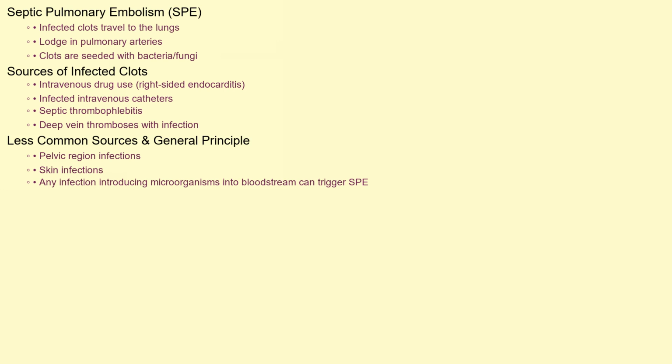Common sources of these infected clots include intravenous drug use leading to right-sided endocarditis, infected intravenous catheters, septic thrombophlebitis, inflammation of a vein due to a blood clot with infection, and deep vein thrombosis complicated by infection. In rare cases, it can stem from infections in the pelvic region or even the skin. Essentially, any infection that can introduce microorganisms into the bloodstream and trigger clot formation can potentially lead to septic pulmonary